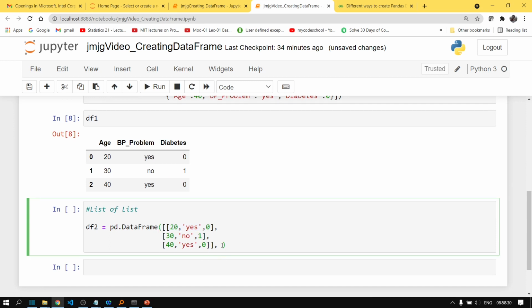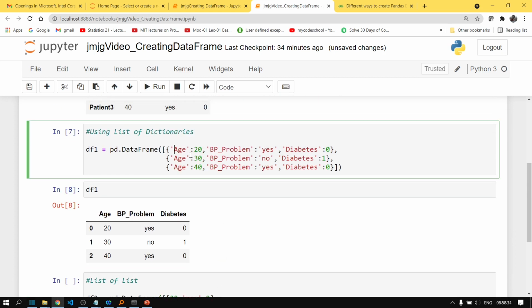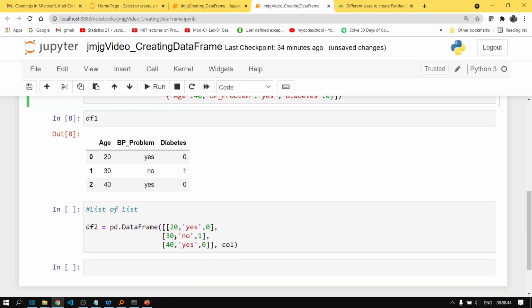So apart from this, in the dictionary oriented approach, the column name was automatically inferred from the keys of the dictionary. But here, as we are not passing any dictionary, there will be no keys, so the column names cannot be inferred from the data, so we have to explicitly pass the column names.